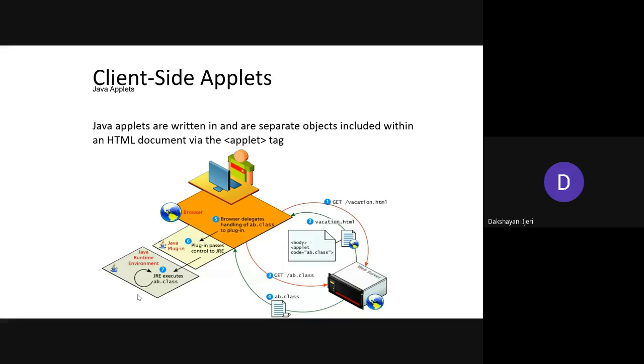In that case, suppose your browser or your system does not have Java enabled. Then the browser is going to hand this case to the plugin, where the plugin is going to pass that information, or ask the browser to get into the JRE, the Java runtime environment, which is done with the help of the applet that you might have included in the HTML. It gives a platform where the browser will be able to execute the class within the Java runtime environment with the help of the applet included in the HTML document.